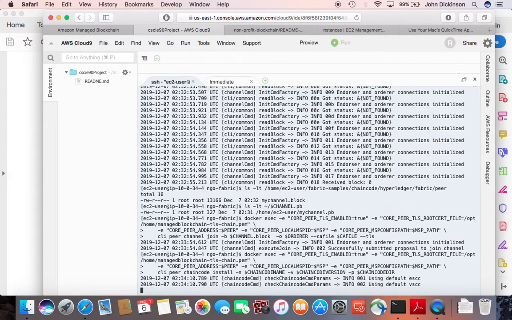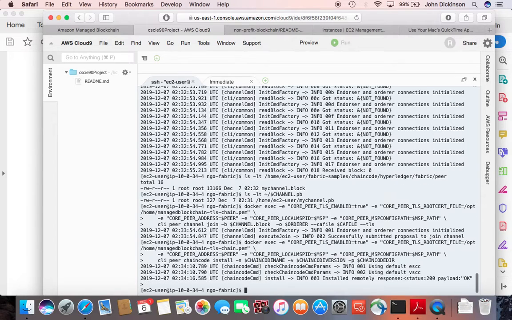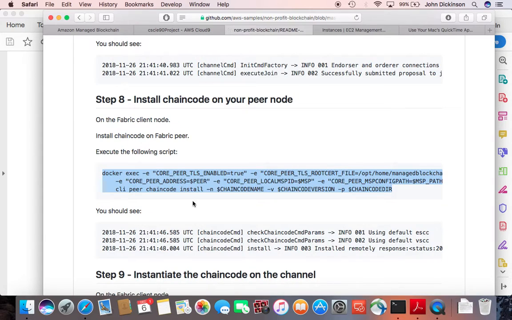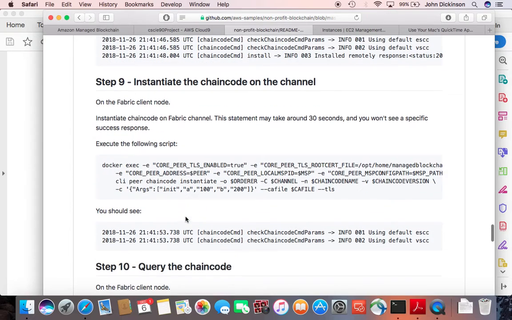So the client fabric node is installing this chain code on the peer now, so that when we tell the peer to run commands, there will be code there that it can run. Just a bunch of various different chain code functions that the peer will now be able to run. You know, some of those functions being,